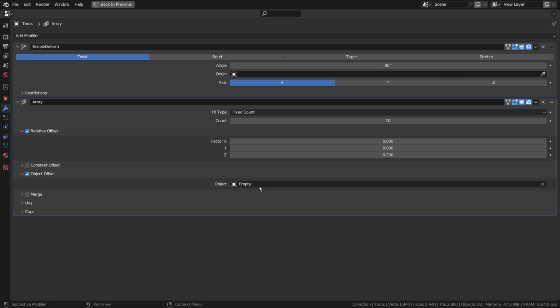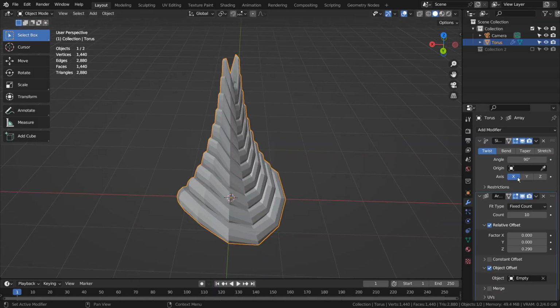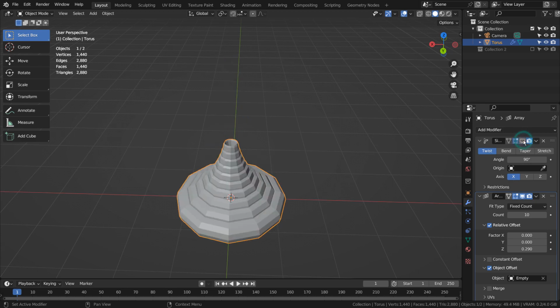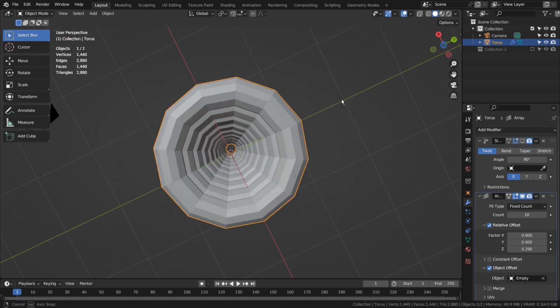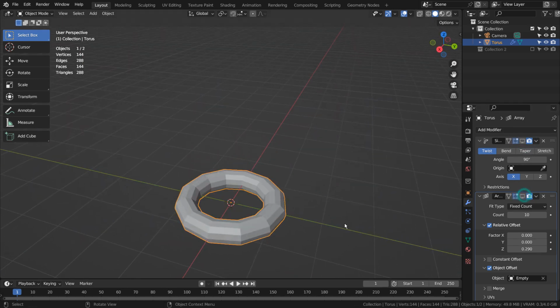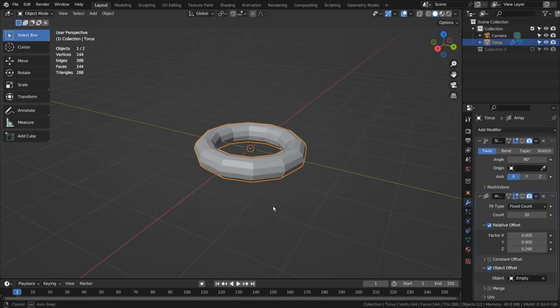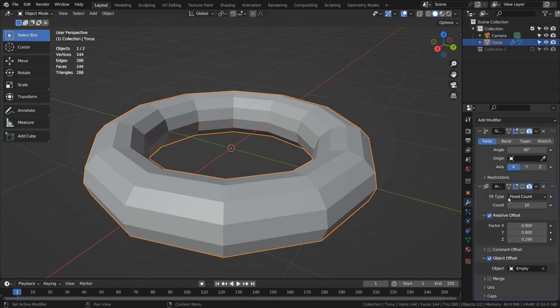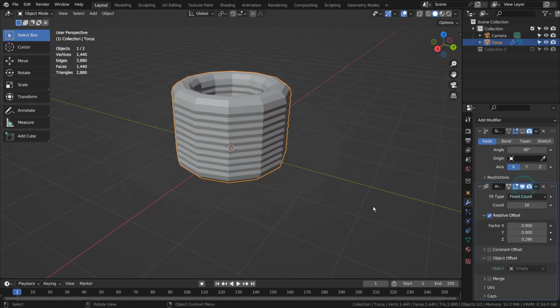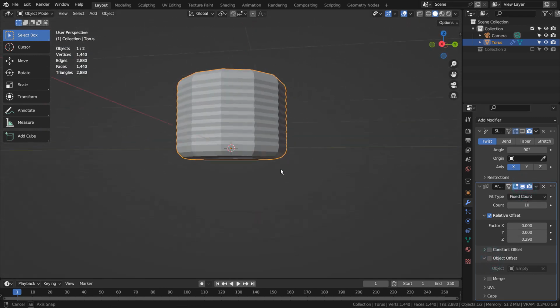I'm using an empty object as an anchor object, and I'll show you how the mesh looks like without the modifiers. Without the empty object, the mesh looks like this.